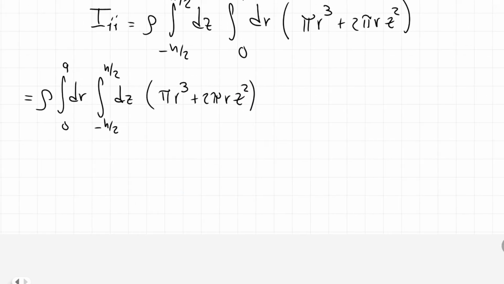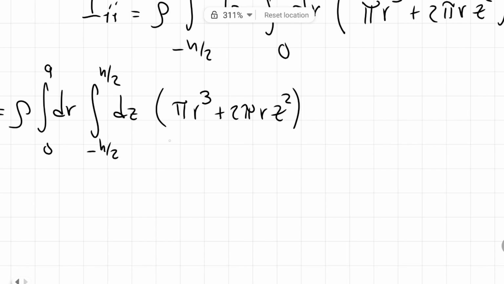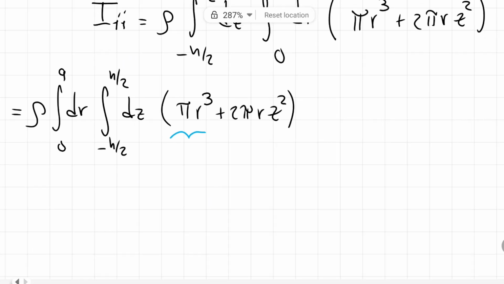Okay, so this is a very easy integral. You can notice that if we integrate this part, looking that it has no z, we will get the z variable, and then evaluated in these limits, we are just going to get the total height of the cylinder. So that means